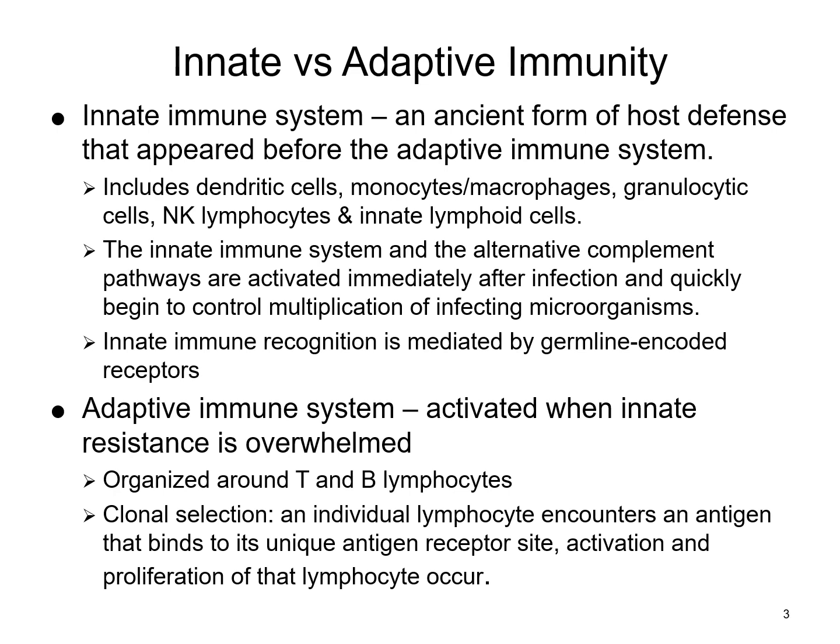But in contrast, the adaptive immune system is organized around two particular cell classes, the T and the B lymphocytes. Now, when an individual lymphocyte encounters an actual antigen that will bind to its antigen receptor sites, then activation and proliferation of that lymphocyte starts to happen. This is called clonal selection, and it is responsible for the basic properties of the adaptive immune